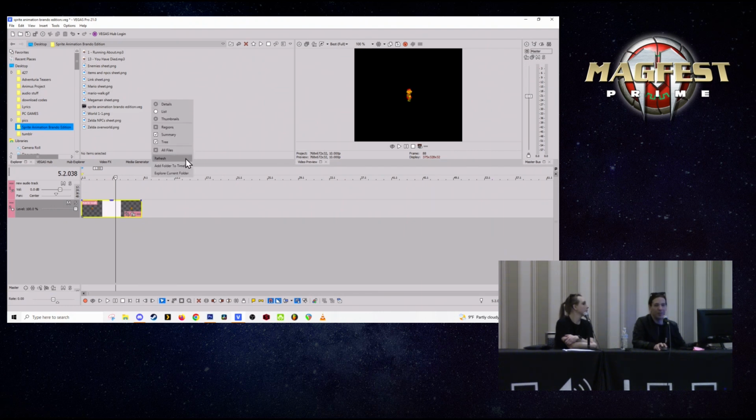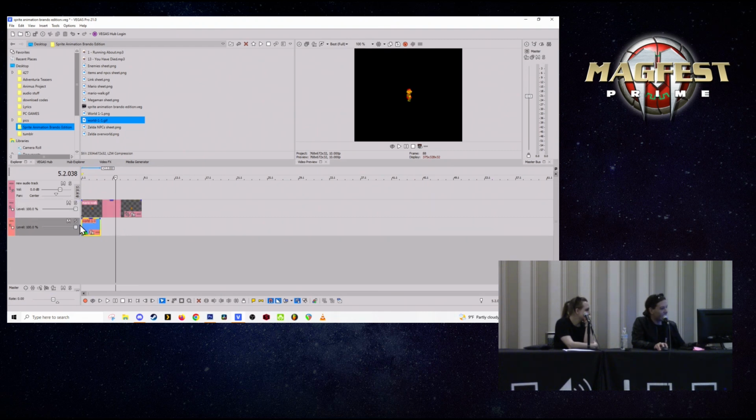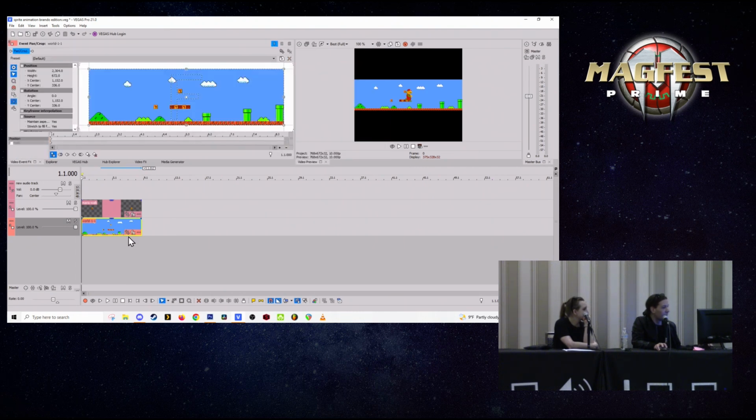We can't F5 in Vegas. We refresh manually. There we go. And we just drag it underneath, right there. And as you can see, it looks wonky, which is why we go into our properties here, our event pan crop,